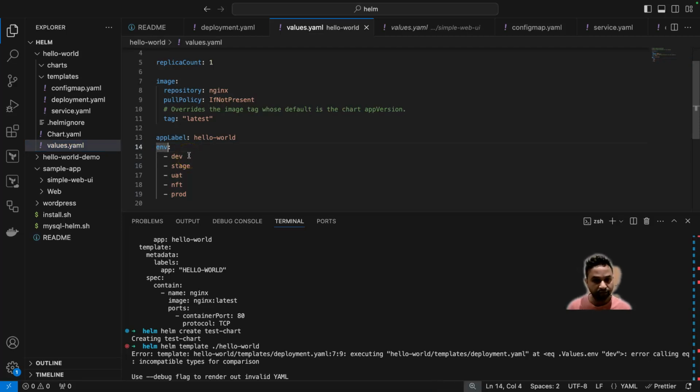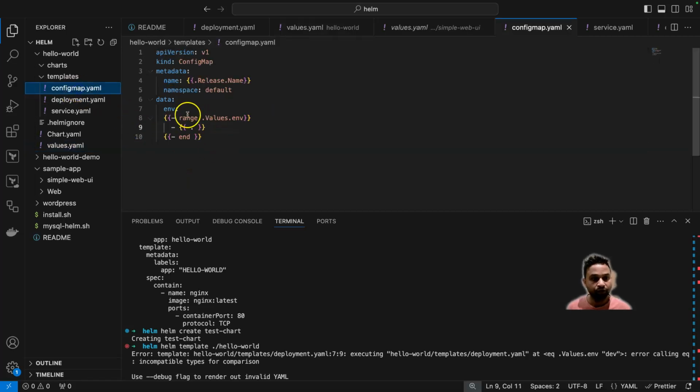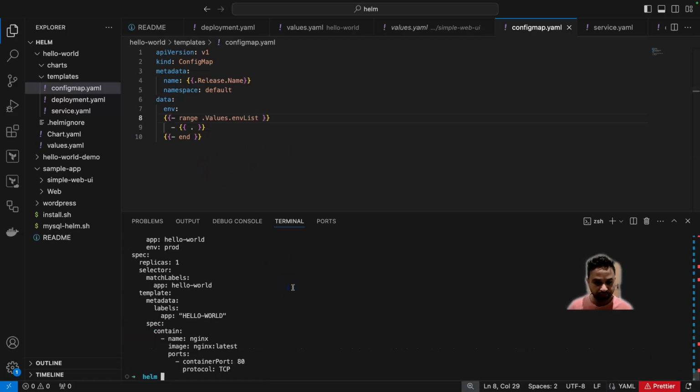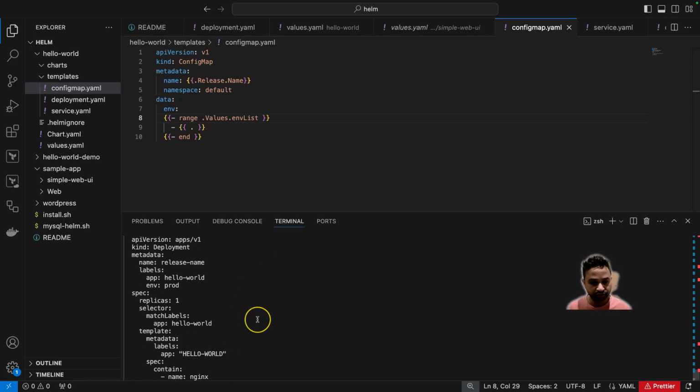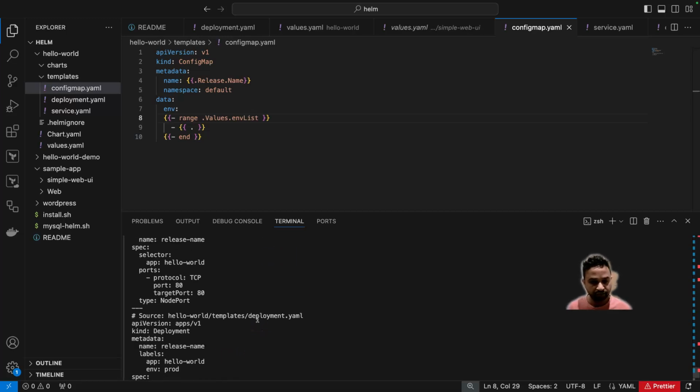Let's say environment list, and then I'm going to use this variable in the config map. Let's say .Values.environmentList. That's what I'm after, right? Now if I come to this, it should give me